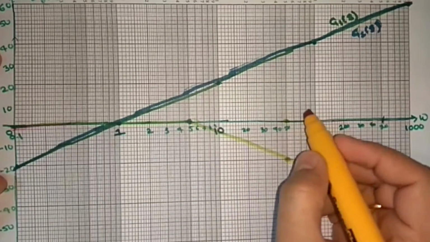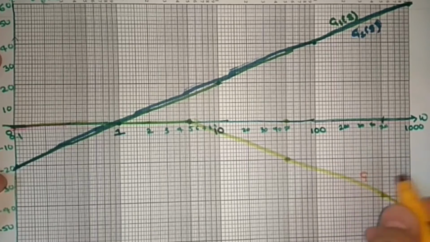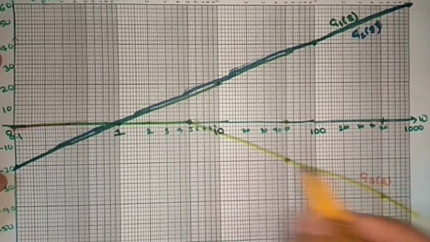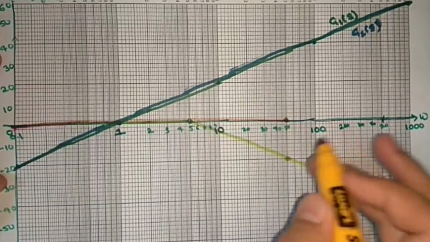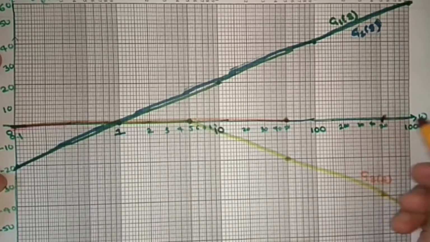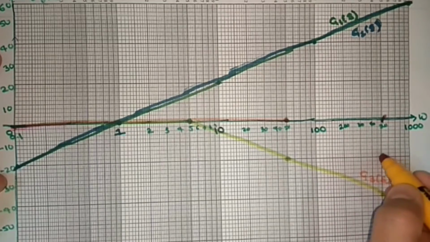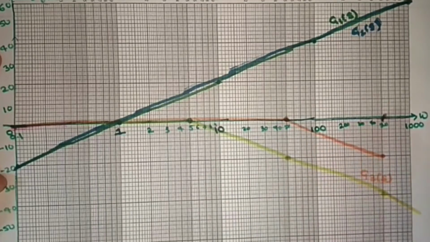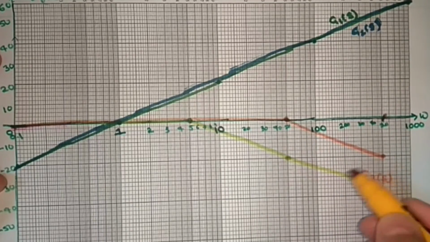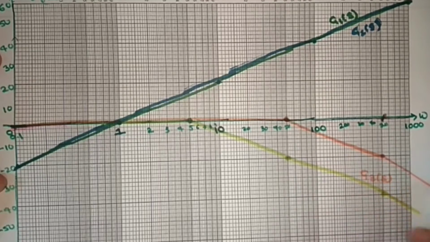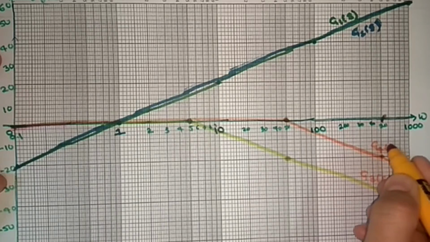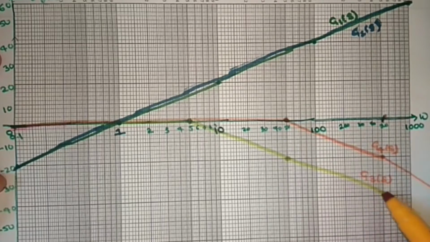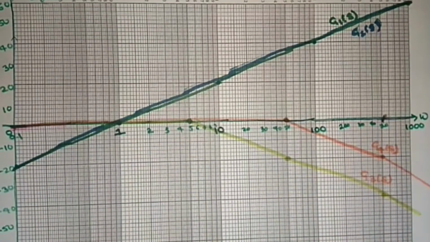Next, this is G3(s). G4(s): up to 50 the slope is 0, the cutoff frequency is 50, and 10 times that means 500. So this is 500. At 500, it is minus 20 dB per decade. And next 5000, right? 10 times if you increase, 5000. So it is going like this. So now we have G1(s), G2(s), G3(s), G4(s). If you add all, you will get the final magnitude plot of G(s).